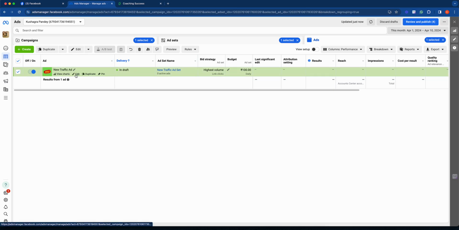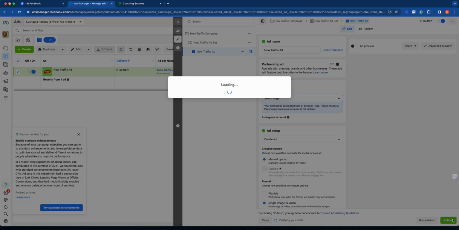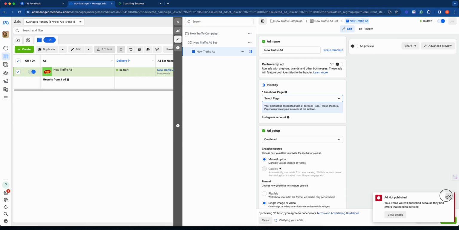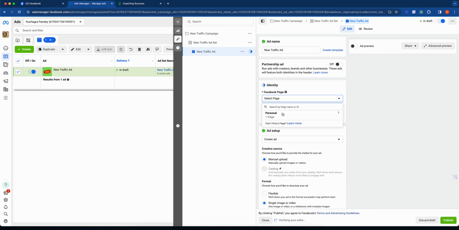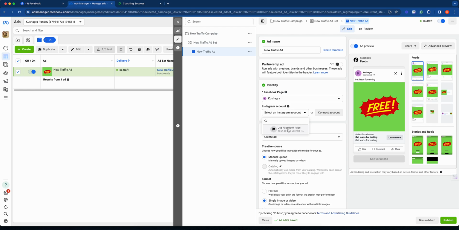I'm not sure why it is showing in draft. I'll click on publish over here once again. One second. Okay, so it is asking me to select a page. Okay, fine. That is okay. To place ads on Instagram, please select an Instagram account to represent your business. Either you can select your Facebook page. Use the Facebook page. This will work for me. I mean, this is just for testing.